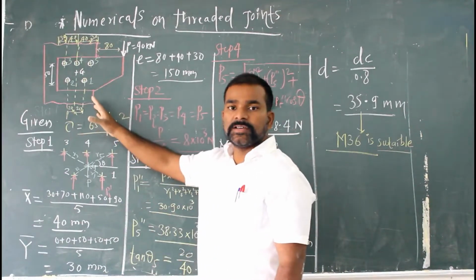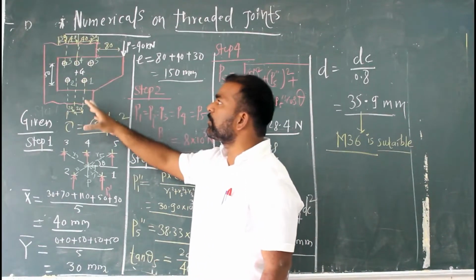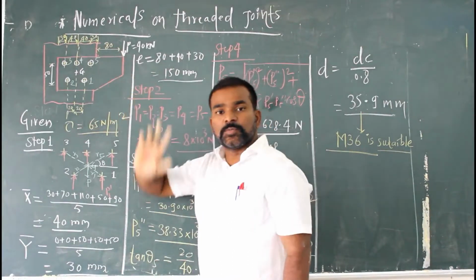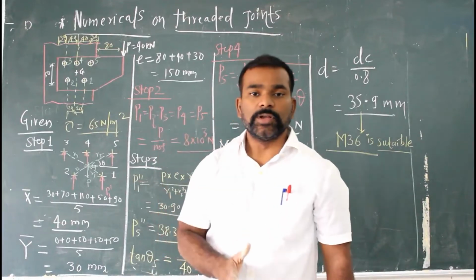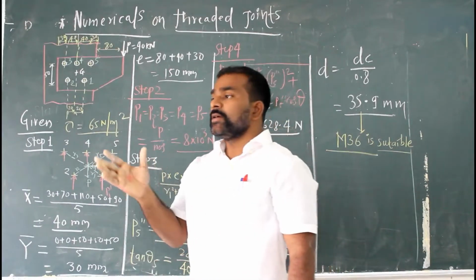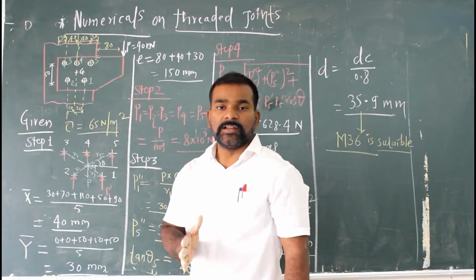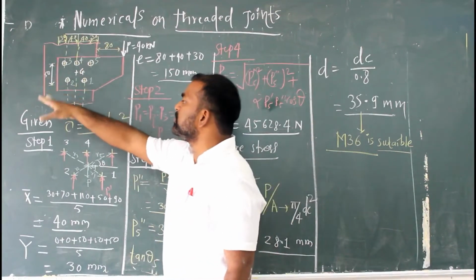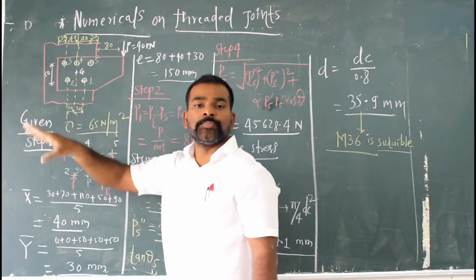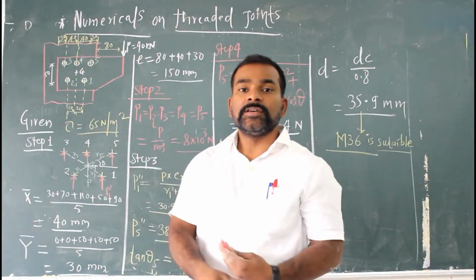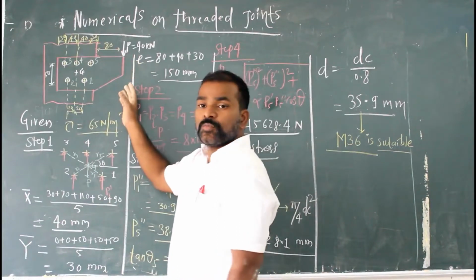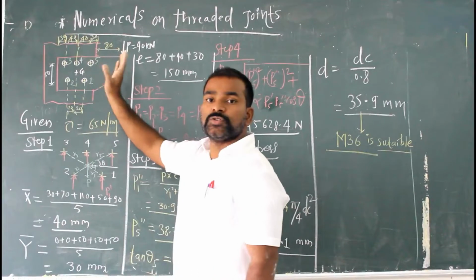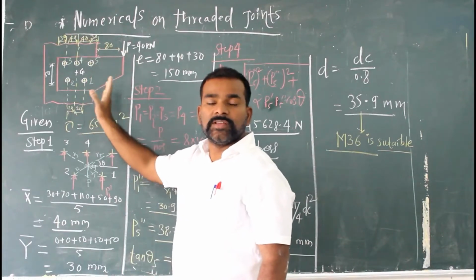There are 5 bolts. I have given the numbering 1, 2, 3, 4, 5 and the distances, all the data is given. First of all I will have to check whether it is an eccentric loading problem or a symmetrical loading problem. From that you can say that it is eccentric loading because the distances are given 20, 20 and 50. Now we'll have to check the type. Is the load acting parallel to the axis of the bolt or perpendicular to the axis of the bolt? Now the load is acting parallel to the axis of the bolt, so the parallel axis bolt theory we can use here.